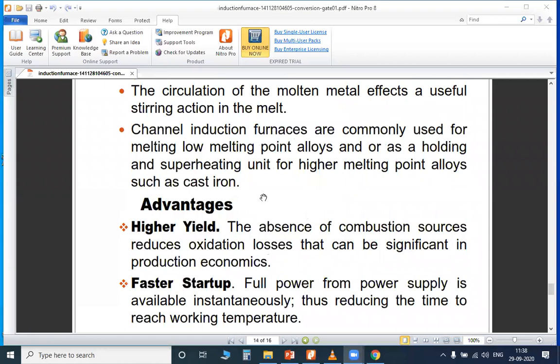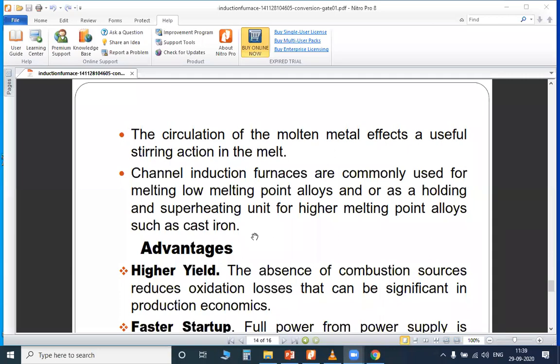They are also used as a holding and superheating unit for higher melting alloys such as cast iron.